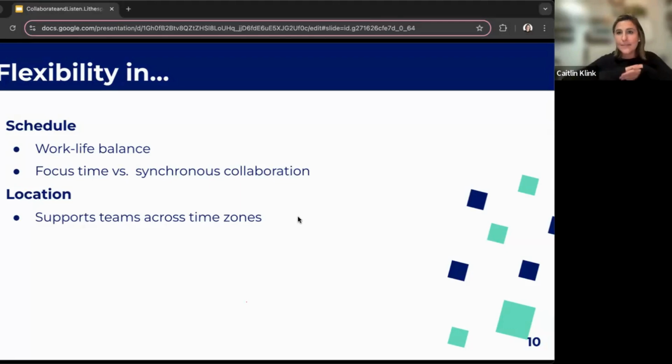That overlap to have synchronous communication within time zones is really helpful for teams who are just starting off in this journey. But the ability to not have to be online at the same time as your teammates and still move things across the finish line is incredibly powerful and gives us great flexibility in who we can hire and who we can task with certain responsibilities.